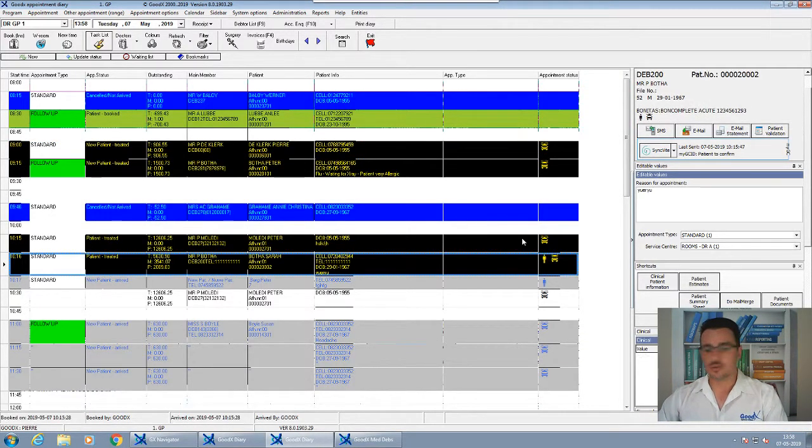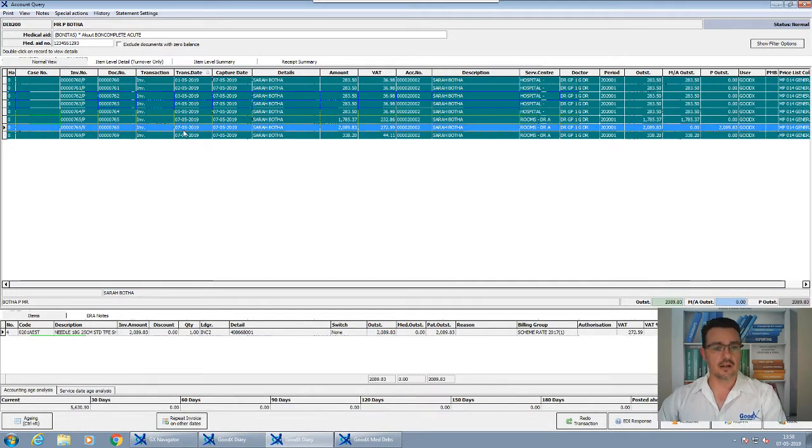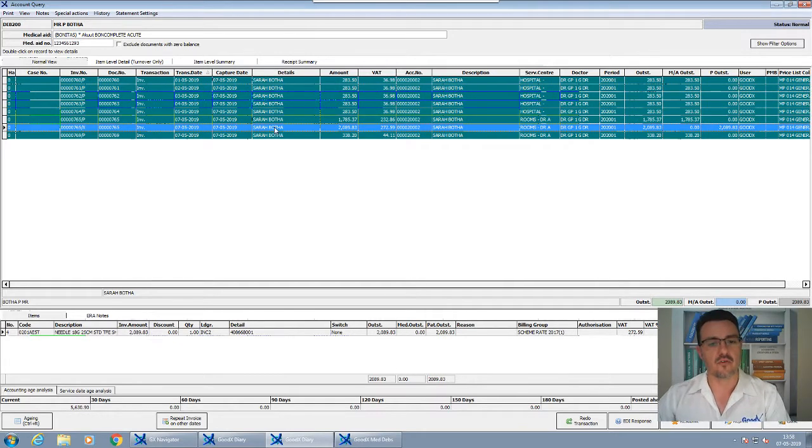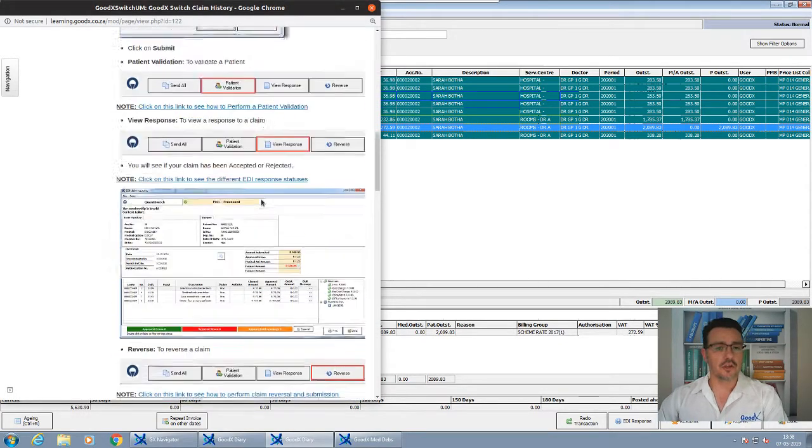So if I go to Mr. Buta, same, go into account inquiries, click on the claim. You should see here also a switch tab. If you click on that, there will be more options available. But if you click on the EDI response, you should see your claim response from the medical aid. As you can see on my training system, I cannot provide you with that information. But the moment you go into your training manual, you will see